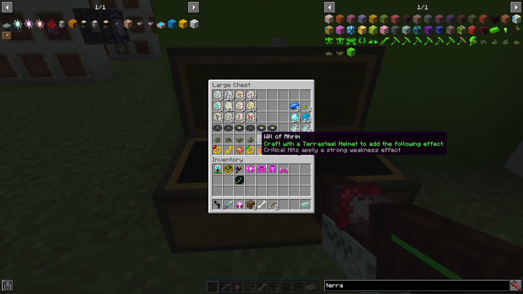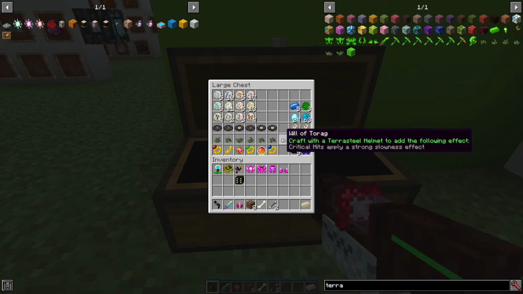And then I got another Will of Athram, as well as a third. So in 6 fights, I got 3 of these. Next one is the Will of Torog, and that applies slowness 2 when you get critical hits. And the last one, which is one I haven't gotten yet, is the Will of Rak, which actually lets critical